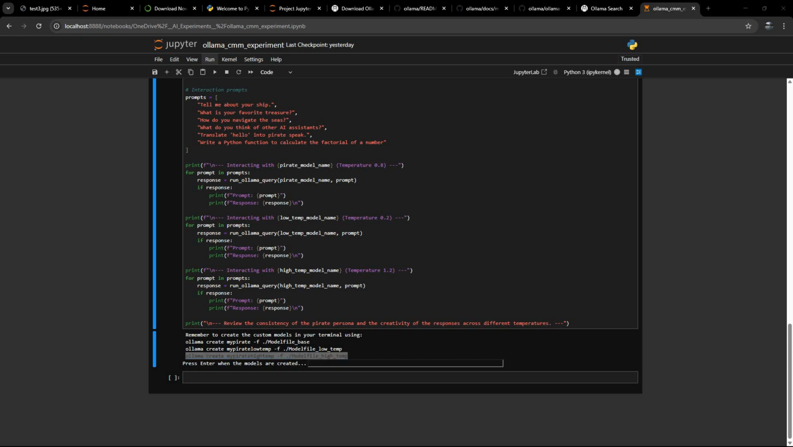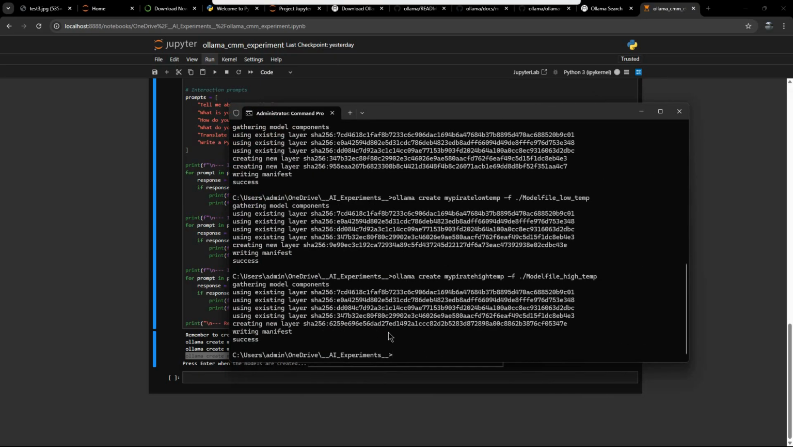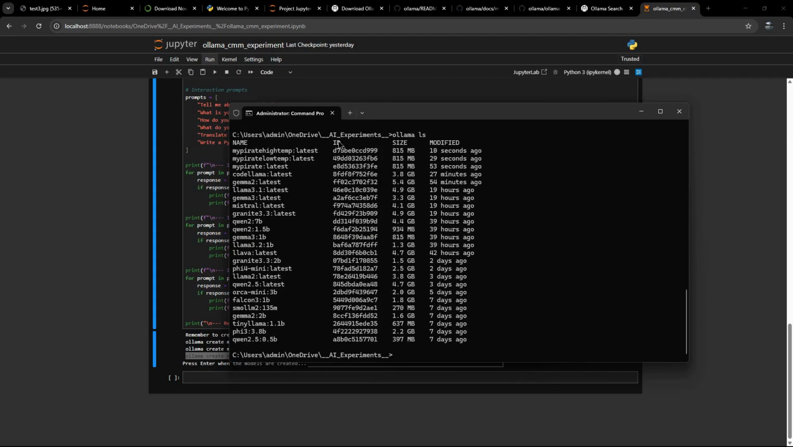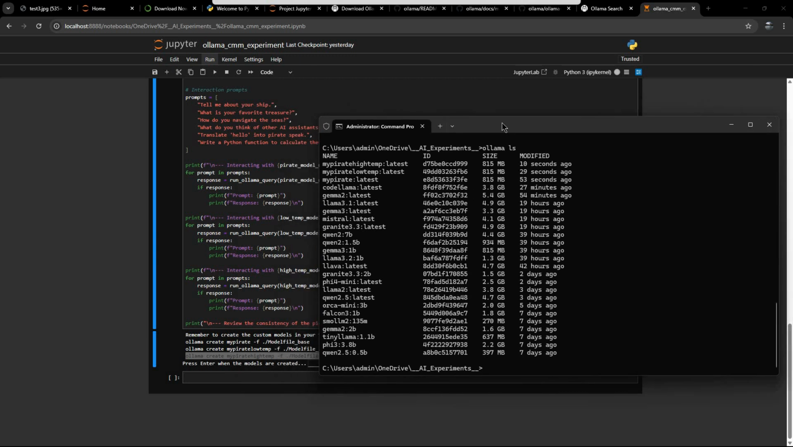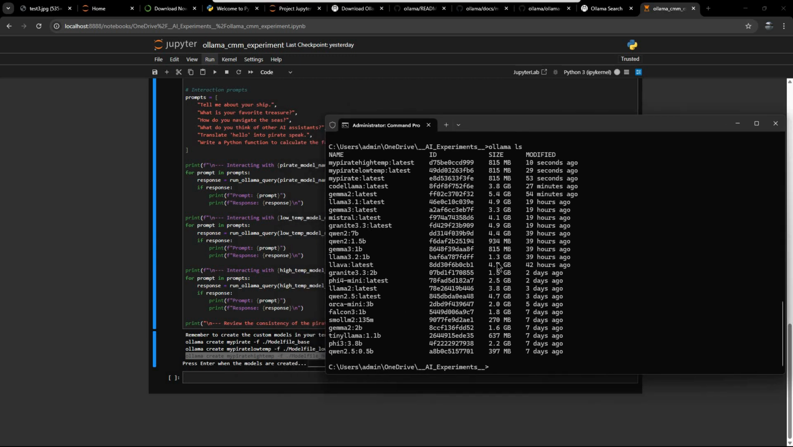And as I've said, you can use different models here if you've got them locally. So that's all done. And if we run an Ollama ls, so a list, you can see what's actually happened here. It's produced versions of the underlying one. Now notice all of the ID codes are different because it's a variant there, and it's 815 megabytes,